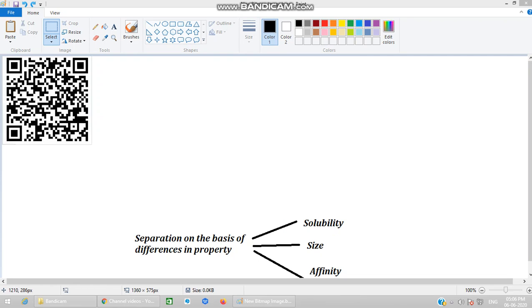Okay. Now, as you have already said, the principle on which the different types of chromatographies are based is the differences of property. Property means three major things: solubility, size, and affinity. For example, as you have already learned about size exclusion chromatography, consider there are two components. One is bigger, another is smaller. When you put the mixture of bigger and smaller on a sieve, the bigger thing will get trapped and the smaller one will come out. So on the basis of size, you have separated two things.